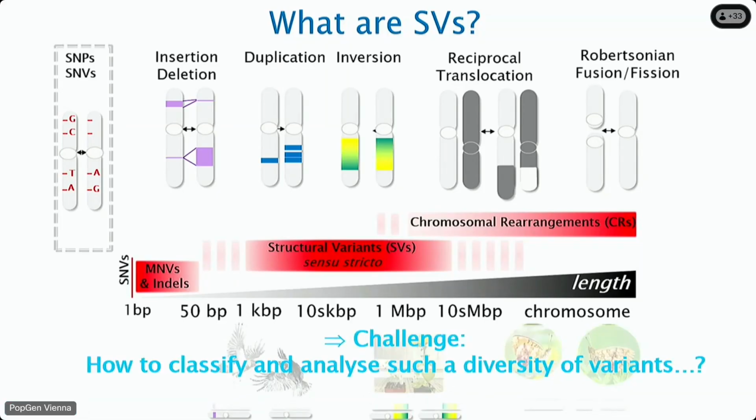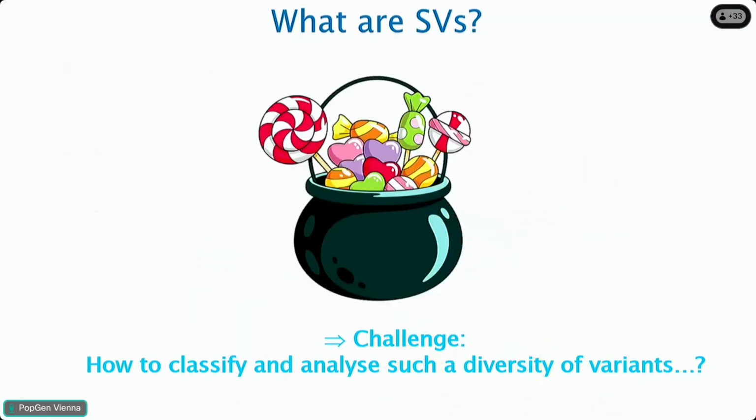So here you can already see one of the challenges that appears. When you look at SNP, it's all homogeneous variants. Here we have a diversity. So how can we classify and analyze this diversity of variants? When I think about SV, sometimes I think, okay, that's this pool of different candies, and how should we analyze them together? Maybe it doesn't make sense, but then how to split